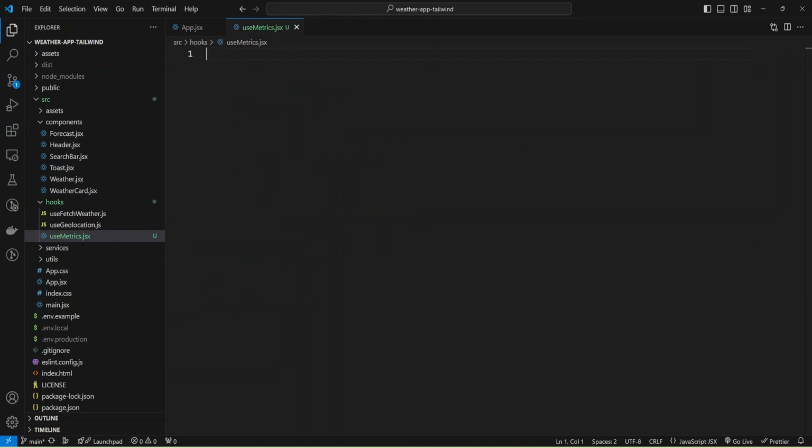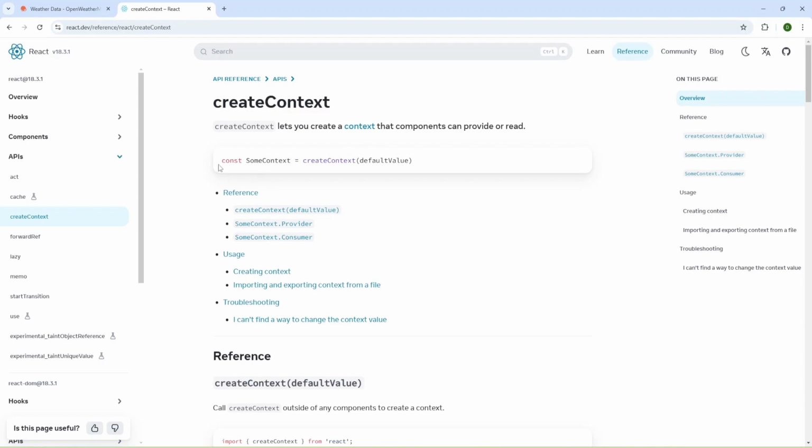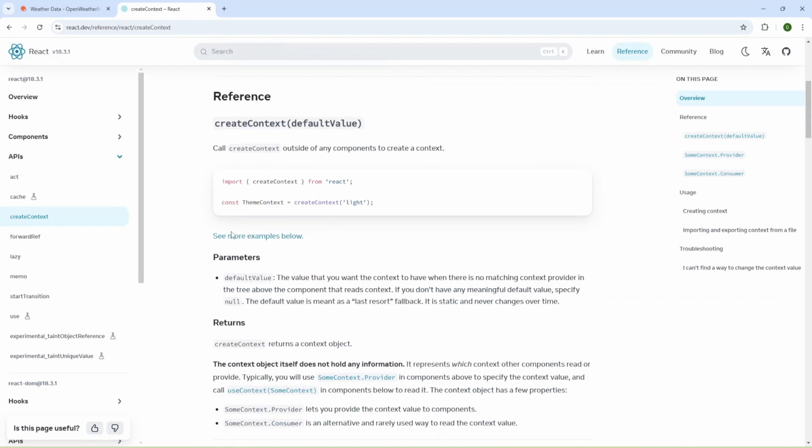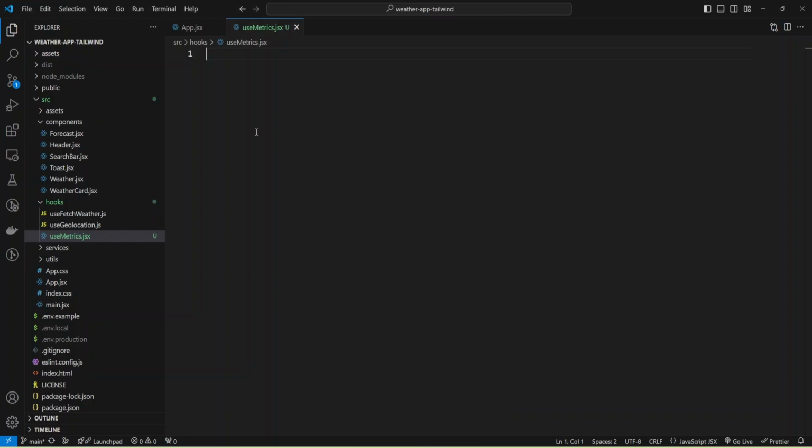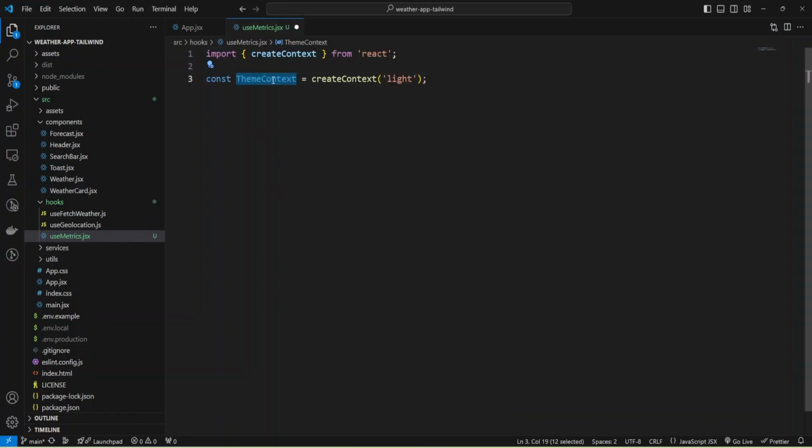Now I'm going to check the docs, and we can use createContext. I'm going to copy paste this code and rename it to MetricsContext.